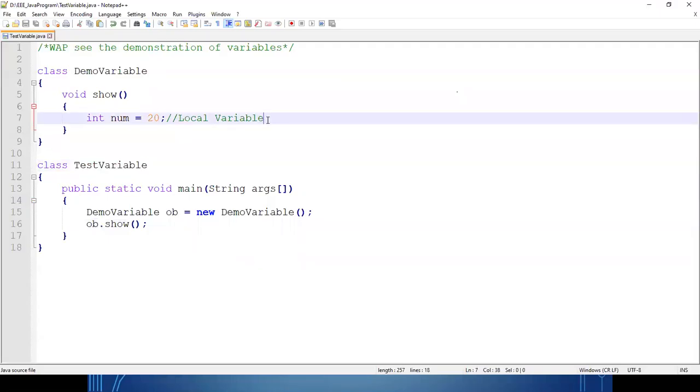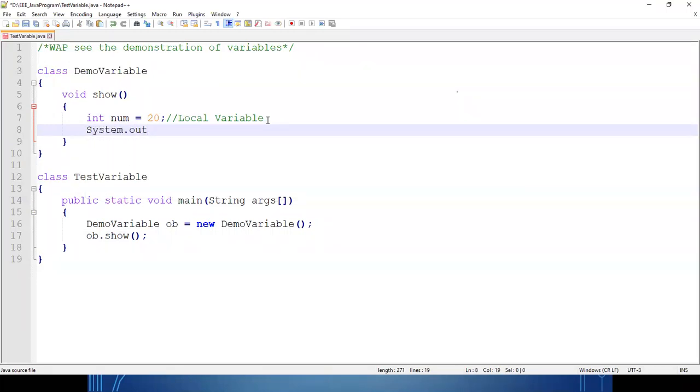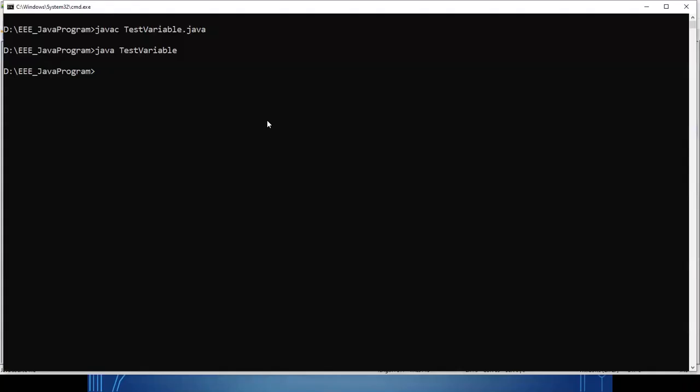We have not printed the value, but we have not got any kind of error message. So the local variable value equals 20.